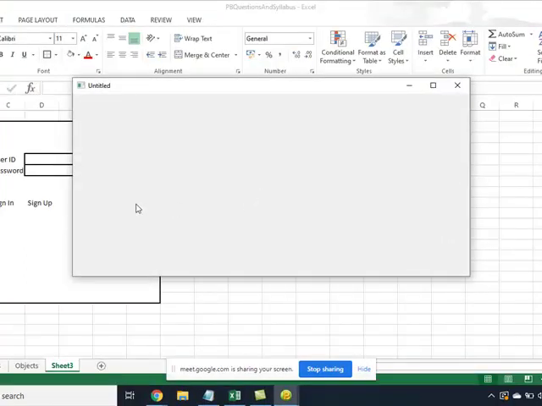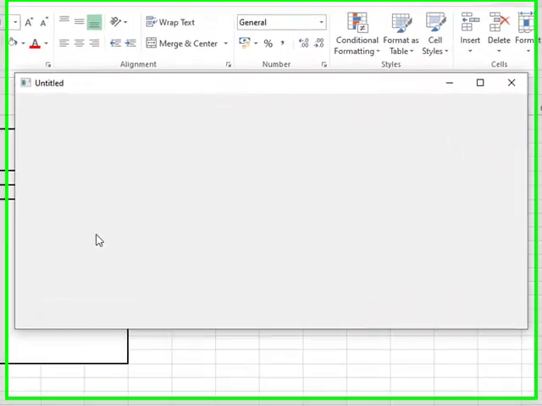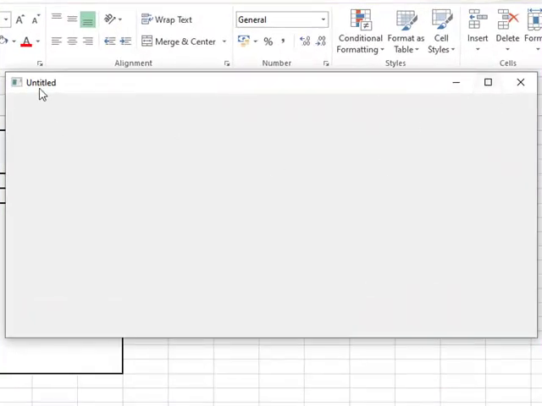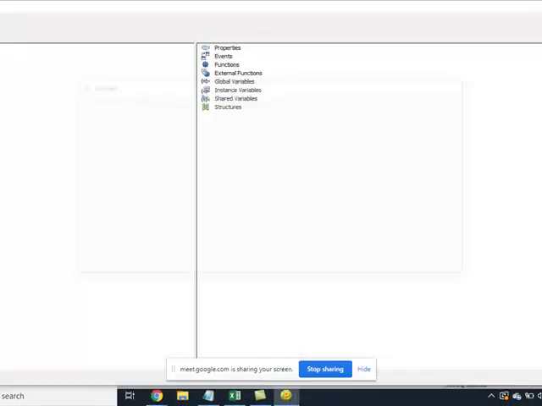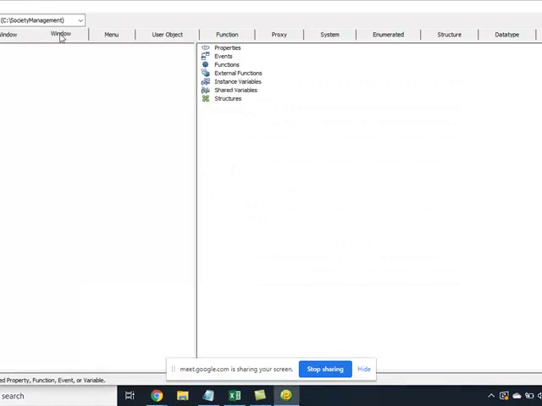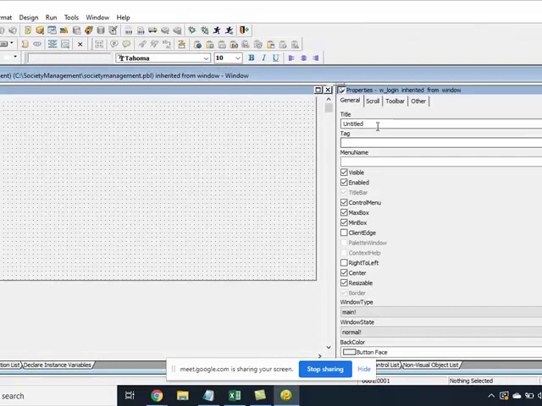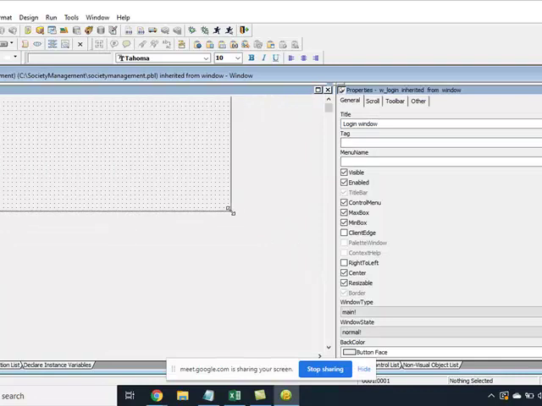This is my w_login window, right? बहुत बड़ी दिख रही है, थोड़ा छोटा करेंगे और ये Untitled लिखा हुआ आ रहा है, right? Let us go and open this w_login. Okay, let's change the title, means Login Window. Okay, Login Window. ये थोड़ा सा बड़ी हो रही है, इसको छोटा कर देते हैं.